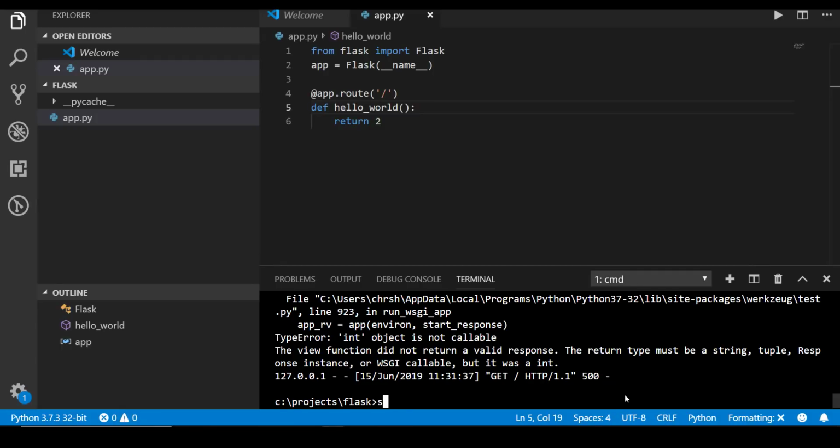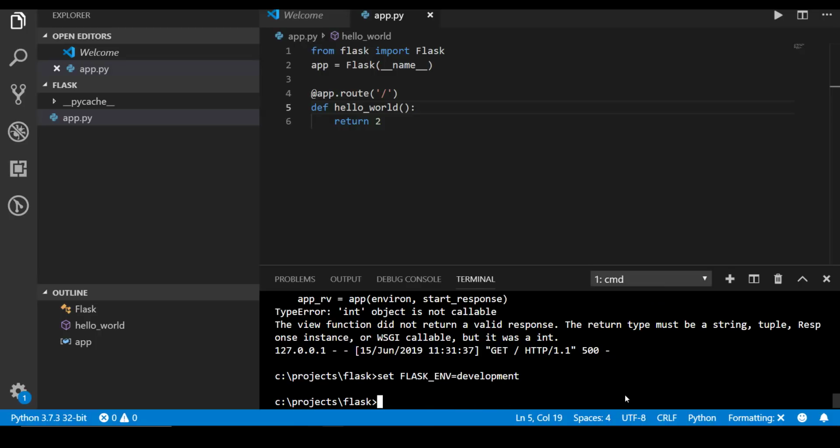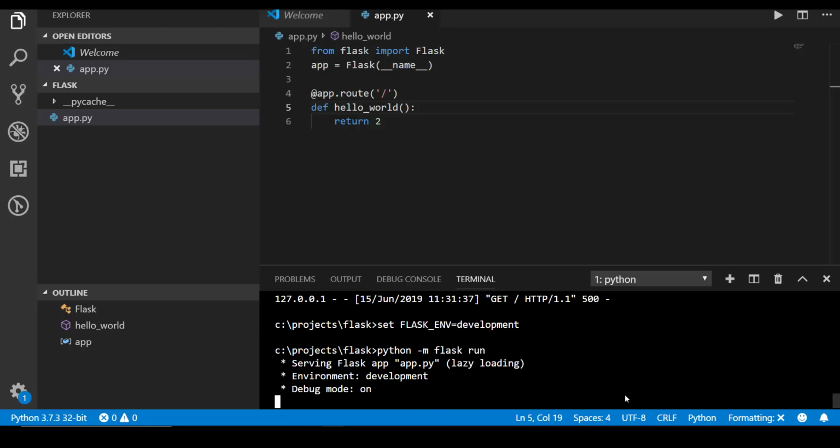and if we were going to change that, we need to kill our server, and we're going to say set, just like we did before, we're going to set the FLASK_ENV. This has to be capitalized, and we're going to say it equals development. All right, so now we've set this to equal development. So if we go ahead and press up again and run the app,